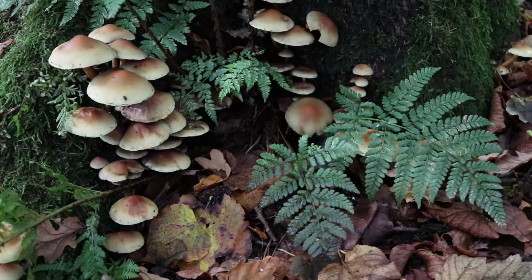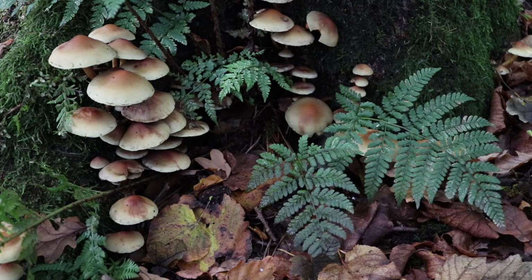Now for the settings, it's quite dark in this woodland, so I'm going to have to get quite a fast shutter speed, because there's a little bit of a breeze and it's moving these ferns around. So if I want them sharp, I'm going to have to up the ISO a little bit. So onto ISO 400,